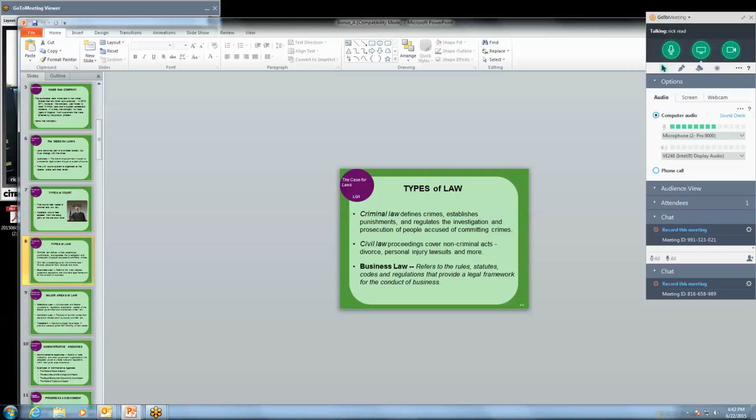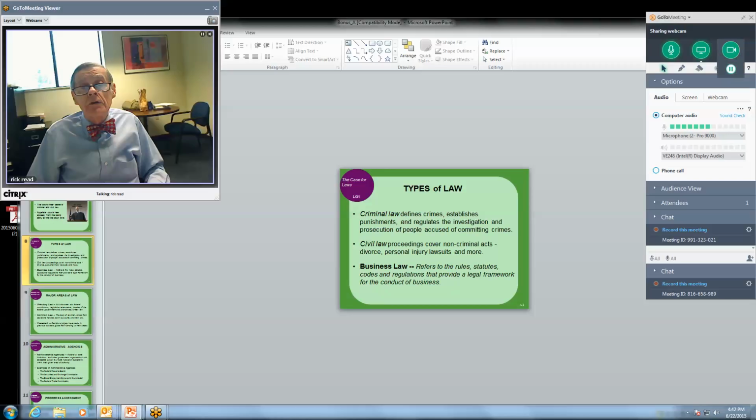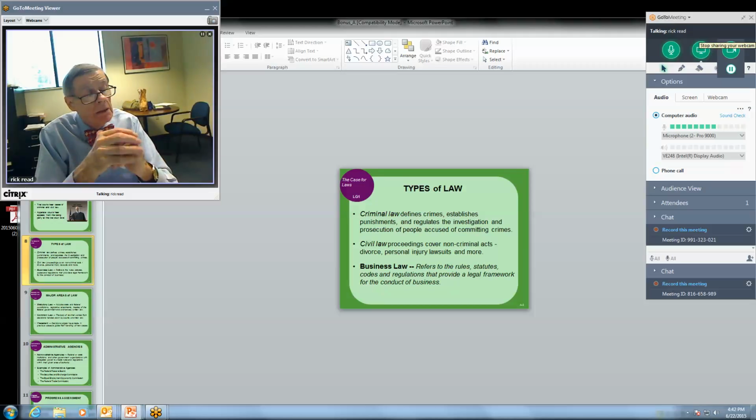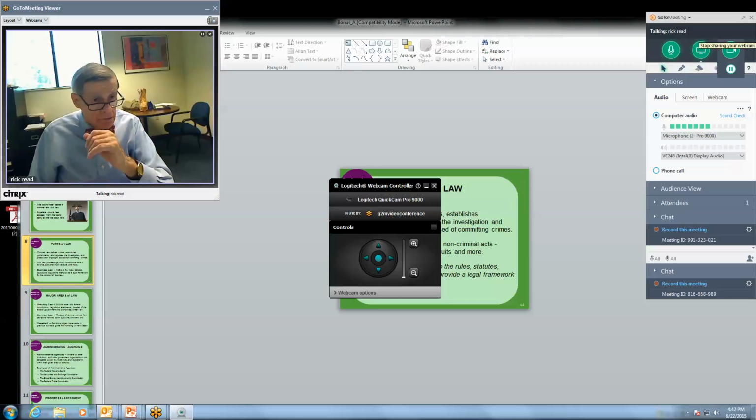And these are the different types of laws that we have. We have criminal law, which is obviously involved with people who are accused of perpetrating crimes against individuals or property. And then they are brought before the bar. That's what we call that. And they stand there. They used to stand there, and in England they do stand during the entire trial. Our defendants do not do that in the United States. They're seated, and then